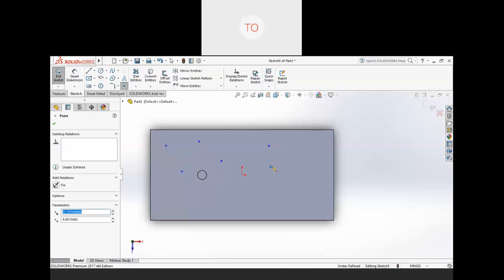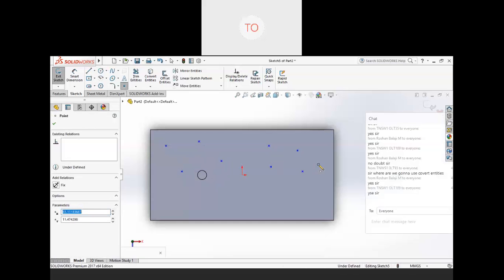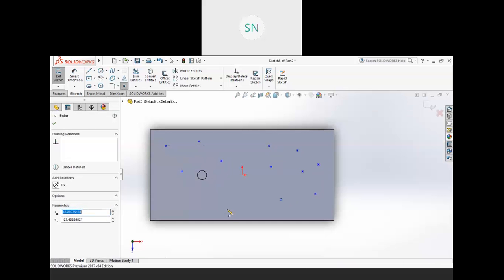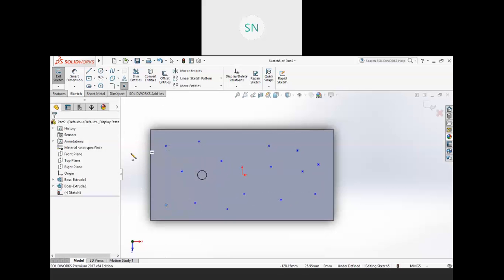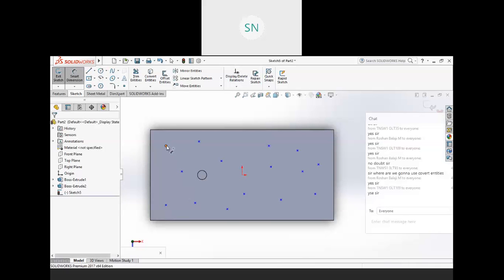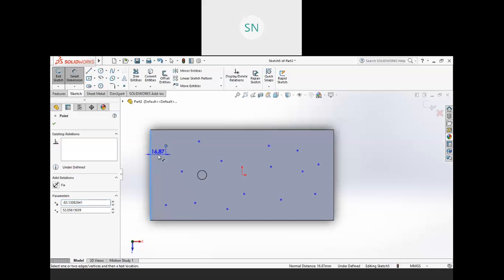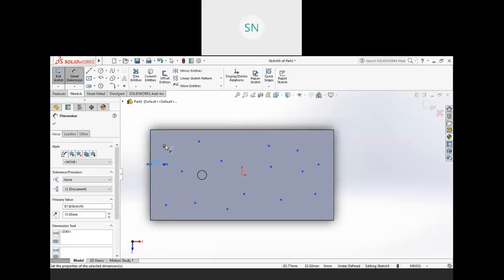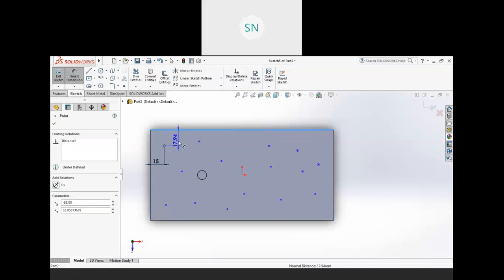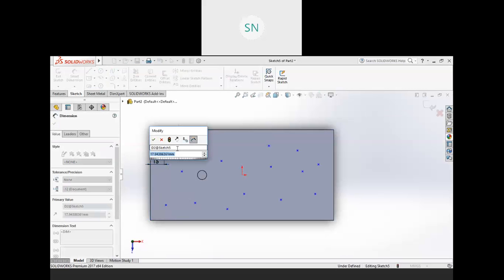So here I am placing some points. See, these are the points I have. And wherever you place these points, you can provide the dimension also, right? That you know how to provide the dimensions. Horizontal and vertical, two dimensions you need to provide.